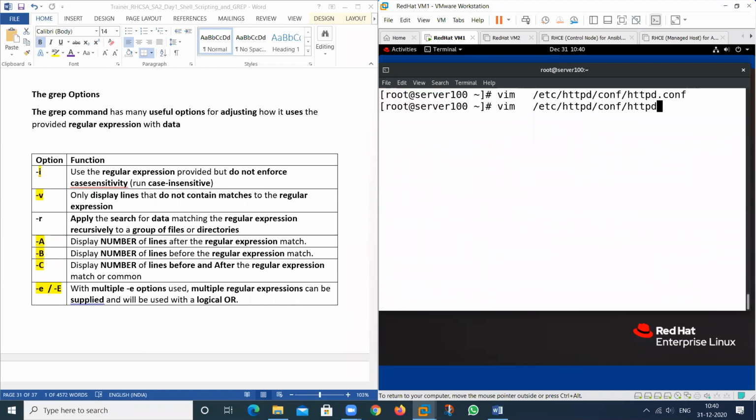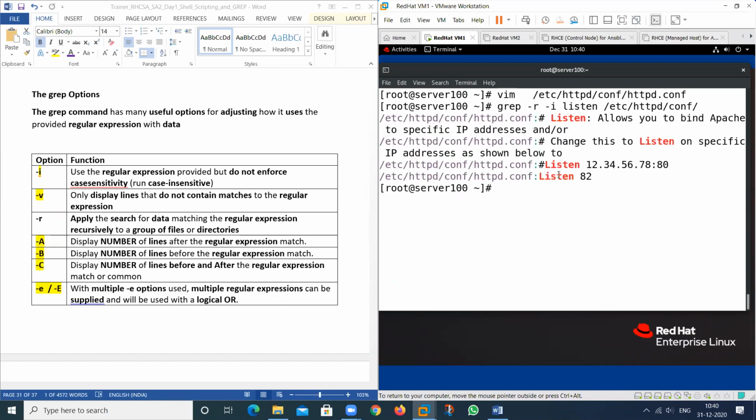So I forget the file name. And type here grep -r in a recursive manner. -i for ignore cases. Case sensitivity, listen. So this will print the lines that contain this particular word.